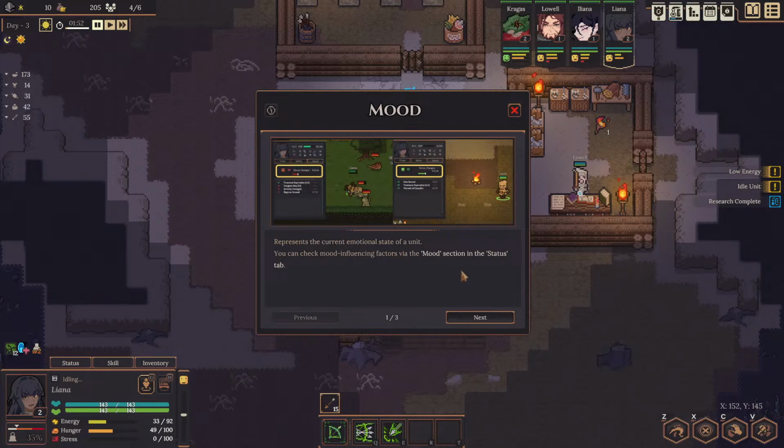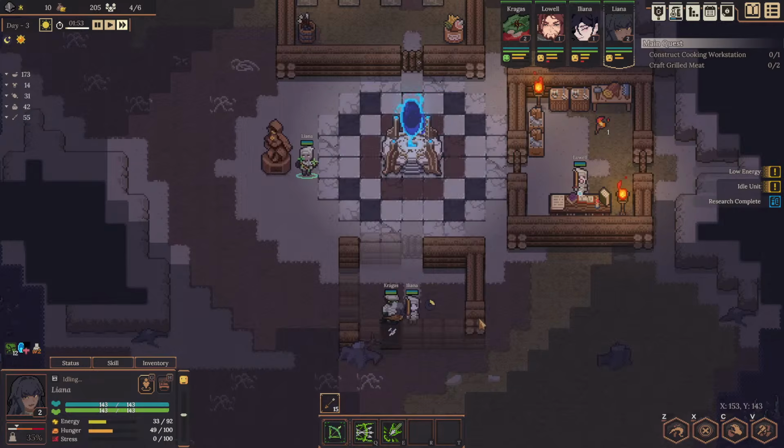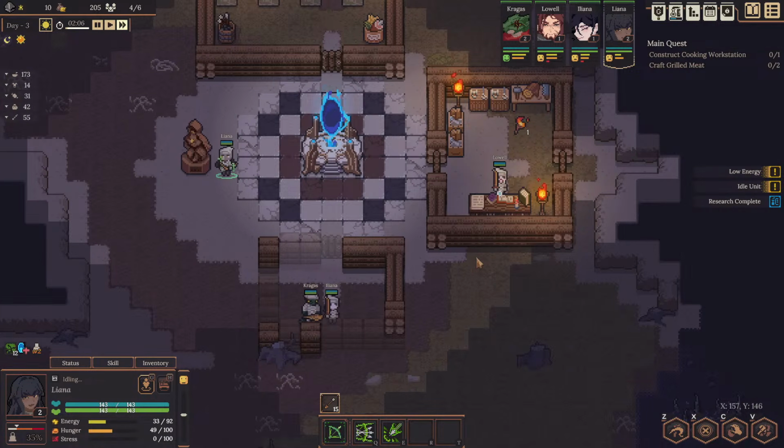Current mood of a unit, mood section in the status tab. Low hunger, through positive conditions like resting or eating good food. Higher level units expect better treatment, so manage food, equipment, and facilities carefully to avoid discontent. One of the songs he said something along the lines of narcotics he understands, but not the kidnapping. You are so stupid. When stress reaches its maximum, it enters a mental collapse state. Oh, here we go. This is RimWorld type stuff. Then they die during a second mental collapse. Don't know how that happens, but...